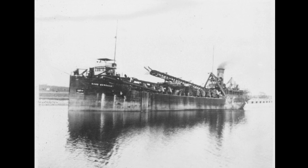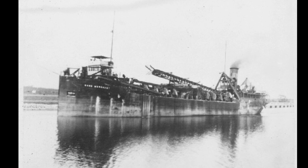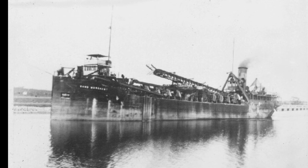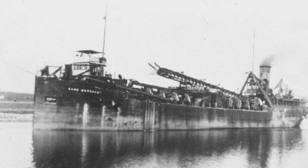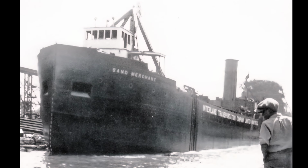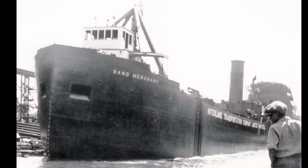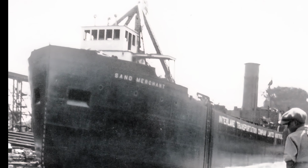The Sand Merchant, built by the Collingwood Shipbuilding Company in Collingwood, Ontario. The Sand Merchant had a length of 252 feet. She had a width of 43 and a depth of 17. For a gross tonnage, the Sand Merchant came in at 1,981 tons, and she came equipped with a triple expansion